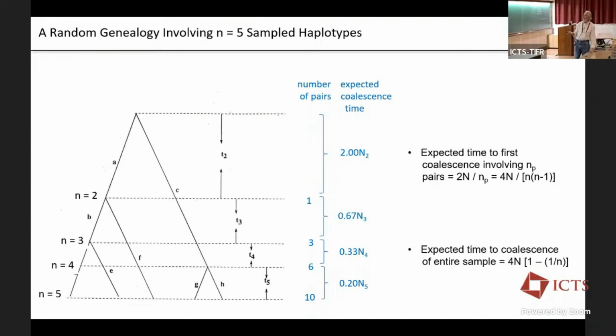And now that's coalesced. Now you have a sample of 4, and you plug in the same numbers, and you get that expected additional time back. And then you just play the game. You just walk back, and the sample size gets smaller as you walk back in time. And so you can use this to infer the depth of the different points in the genealogy.